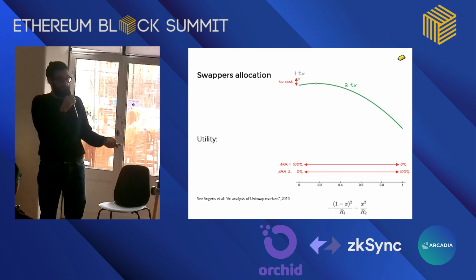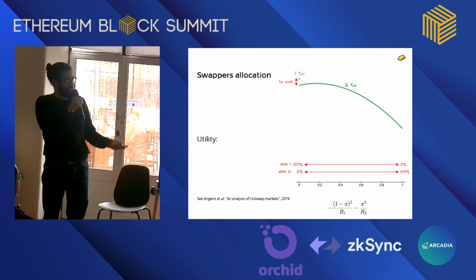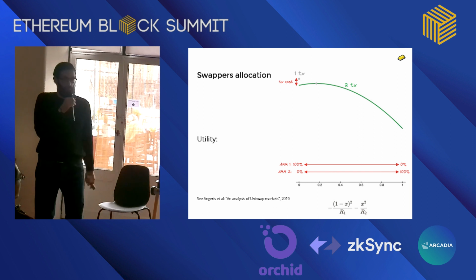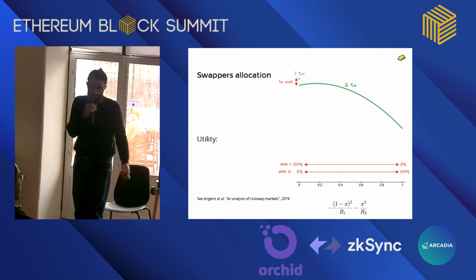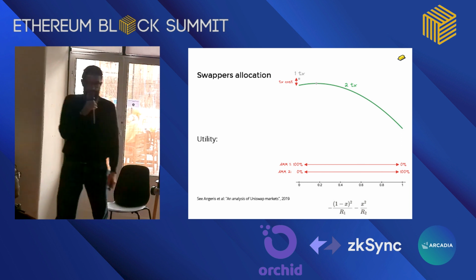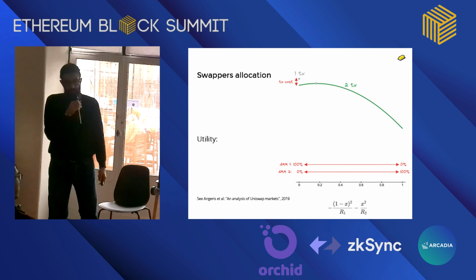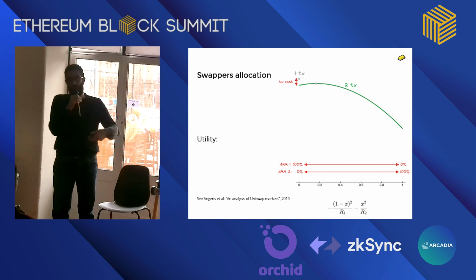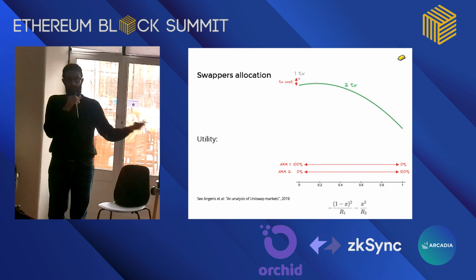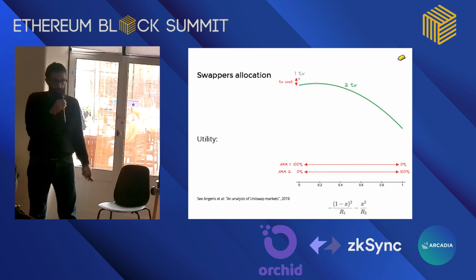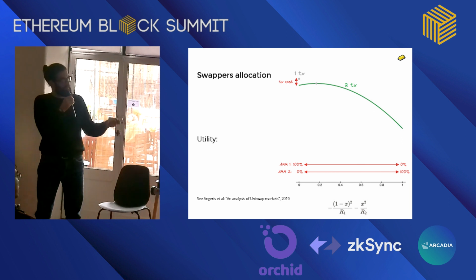And what that means is that the optimal allocation is somewhere in the middle. So that's a basic result of the allocation game for swappers. What that means is it's unobvious that swappers are going to move the needle between the large AMM and the smaller AMM. But there are transaction fees, and so the quick thing there is that as you have only